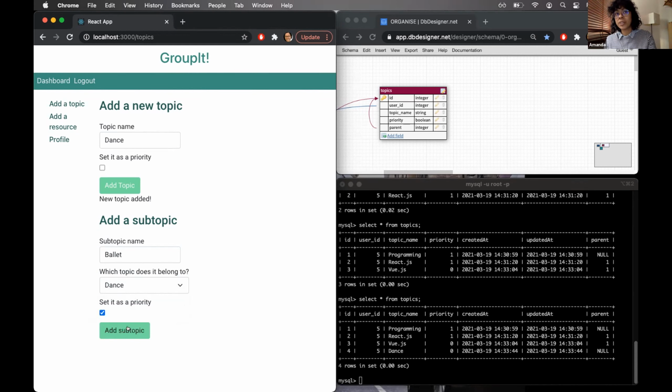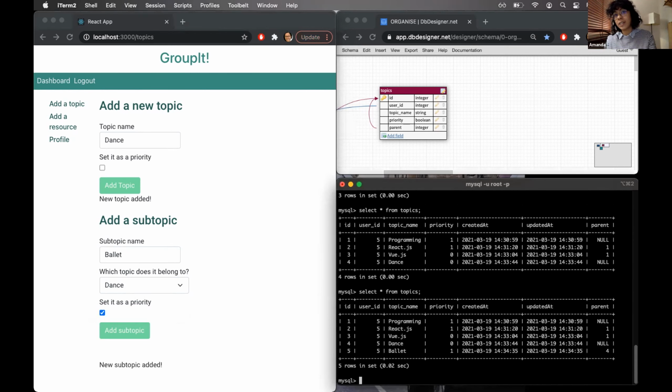So I add it to the dance topic. I'm going to put it as a priority just because I can and I want it. And so we are adding here a new subtopic of ballet. Let's see how it looks in the database. So it's the same logic as programming. It lines itself below dance as number 5 as a topic ID, but it's also taking over the parent topic number, which is number 4, so dance. So this is how this table is programmatically working, if that makes sense. Of course, we didn't come up with this ID like that,